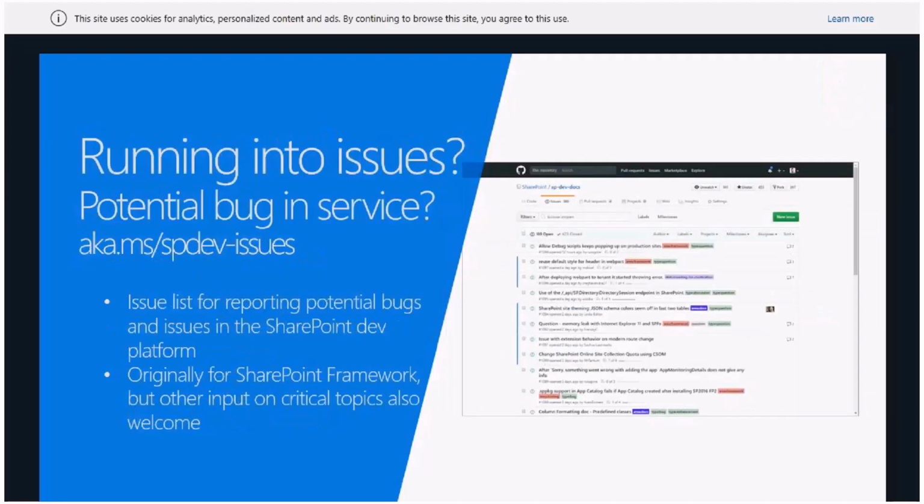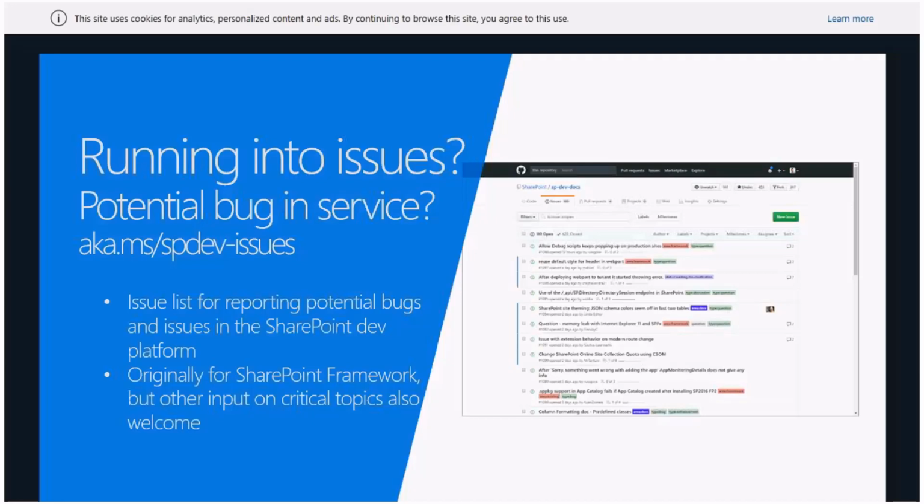Now, other news before we go to the demo section. This is something which we haven't been super vocal about, but I think we need to fix that. Whenever we went live with the SharePoint Framework, we were pretty open on the fact that if there's any bugs, any critical issues, which you can find from the SharePoint Framework, please log a bug in the SPDev docs issue list.